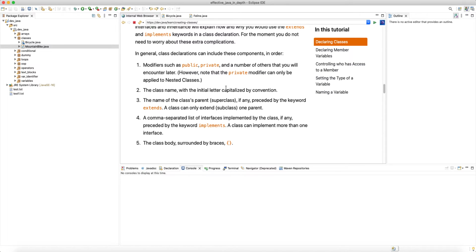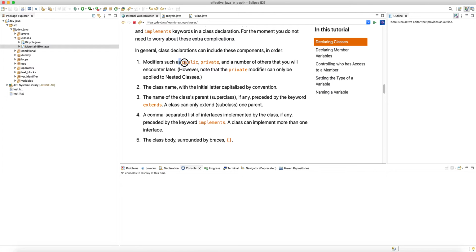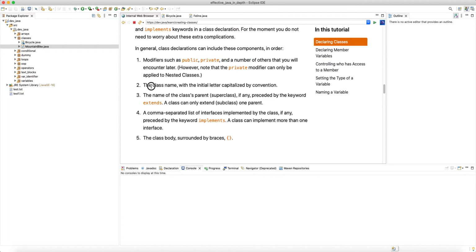We are continuing our discussion on declaring classes, and we said that in general class declarations can include these components: modifiers such as public, private, and a number of others that you will encounter later. However, know that the private modifier for a class declaration can only be applied to nested classes, when the declaration of a class is inside the scope of another class, right? And these are called access modifiers. Then the class name, which defines the name of your class in the source